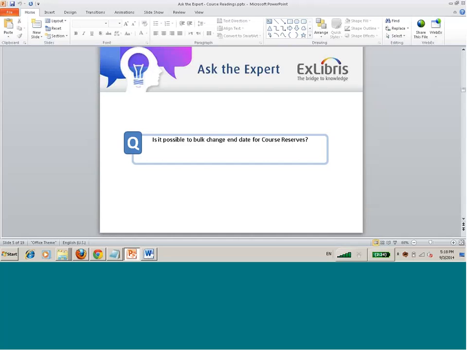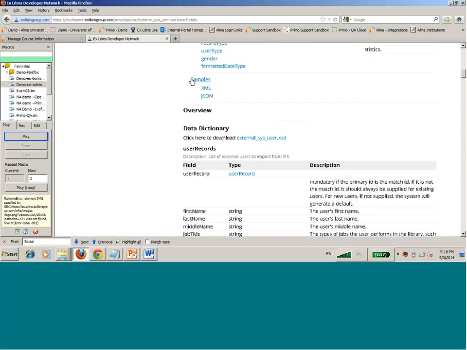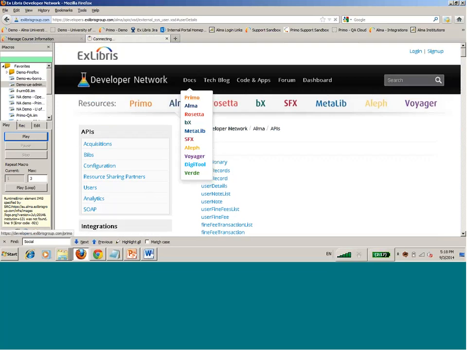That being said, until that is done, and if I go back to my previous point about courses being naturally managed outside of Alma and synchronized, reflected into Alma, the way to keep that type of synchronization is based on APIs. What I'd like to do now is take you into the Alma developers